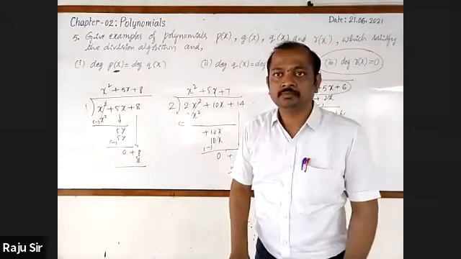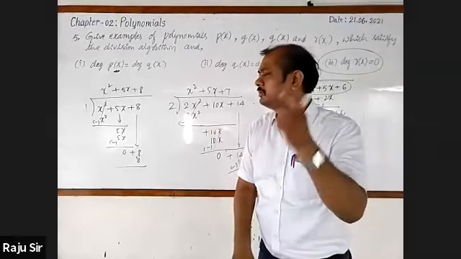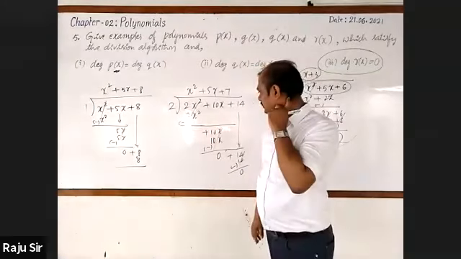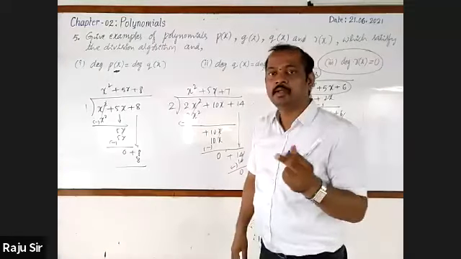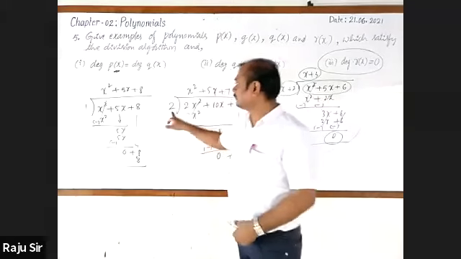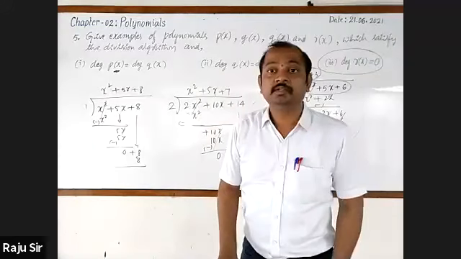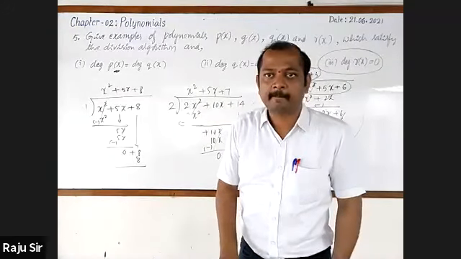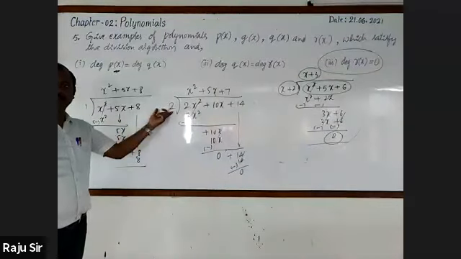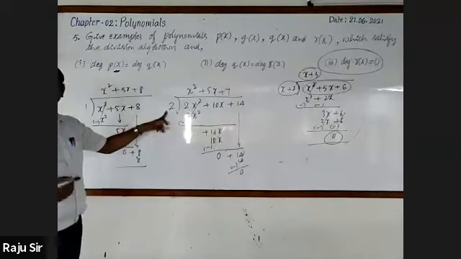Any doubt? Sir, it should not be in the form 0x plus 2, sir, while dividing. 0 into x plus 2. So I'm not understanding. It should be in the standard form, no, sir. Yeah, of course. So you should not write 0x plus 2, sir. You are asking about the divisor. Yes, sir. It's already in standard form. Only 2 is there. Just as only a constant is given, you can take it as it is.